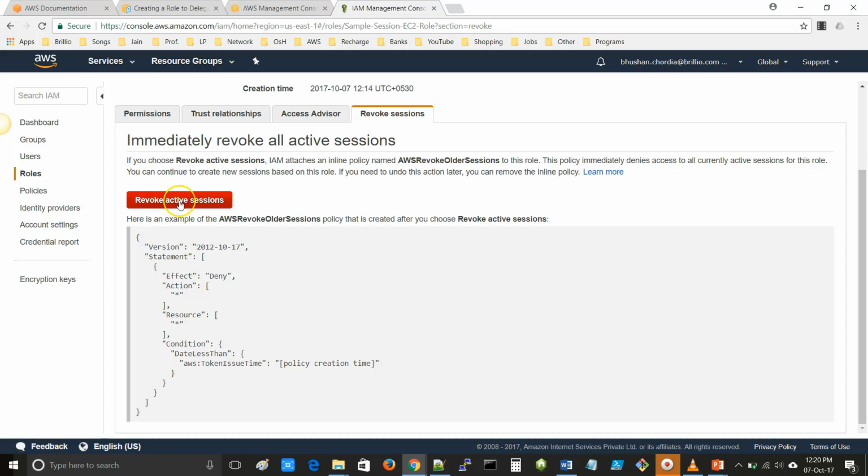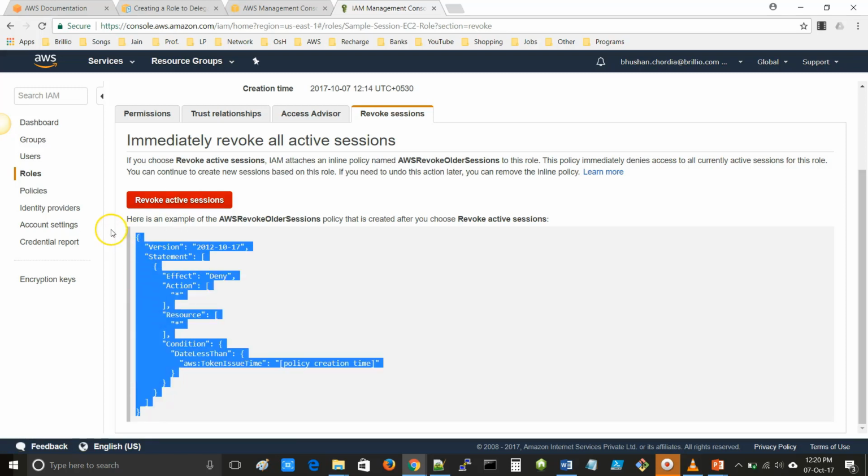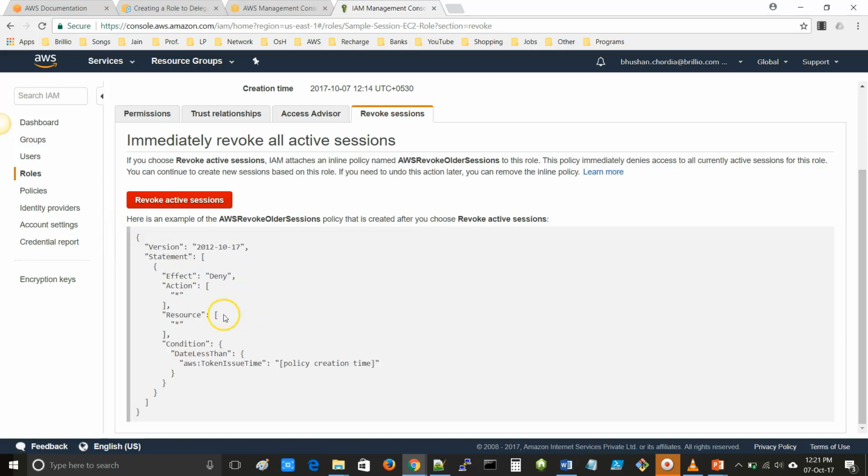Here you can see revoke active sessions. So this is the example of the AWSRevokeOlderSessions policy. Basically, in this policy the effect is deny, the action is star and the resource is star.